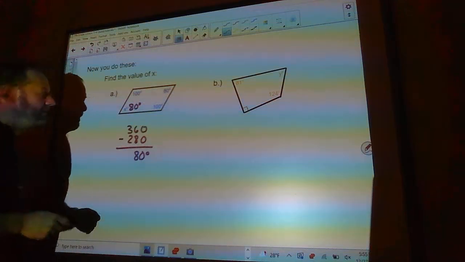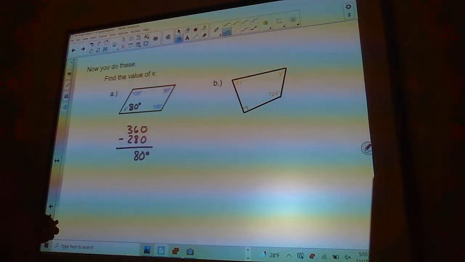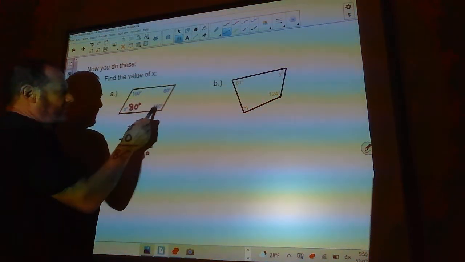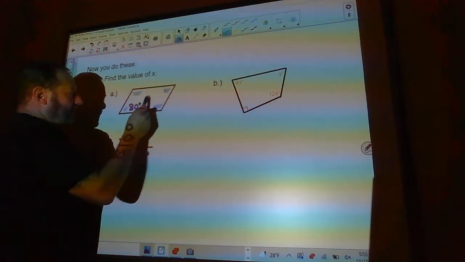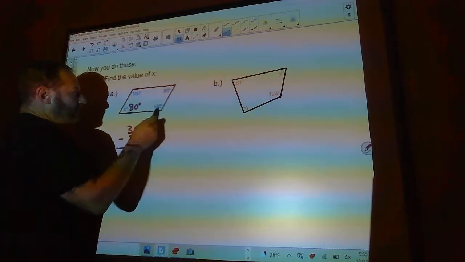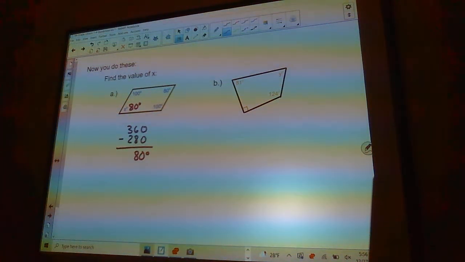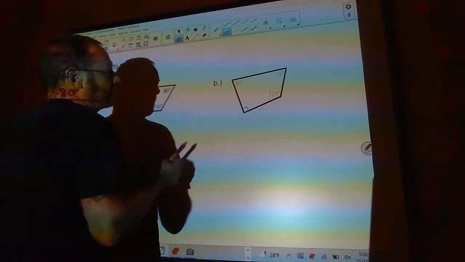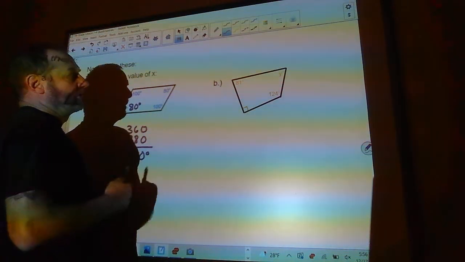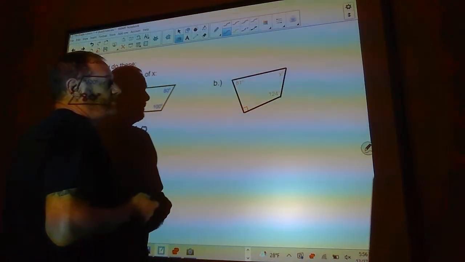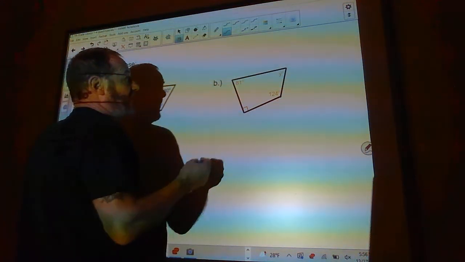That goes right here. Now you might know, this is a parallelogram right here. These two sides are parallel, those two sides are parallel. Look at this, 100 and 100, 80 and 80. These two angles are always equal. Those two angles are always equal. Now this one you don't get that luxury because this is just an ordinary quadrilateral. All you know is it has four sides. You don't know anything about the angles other than they add up to